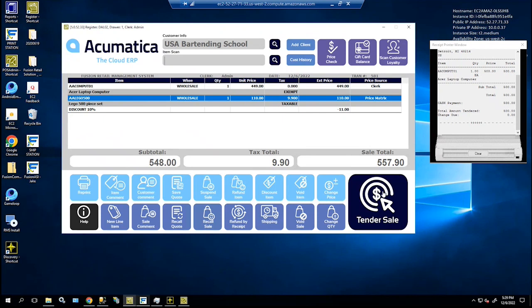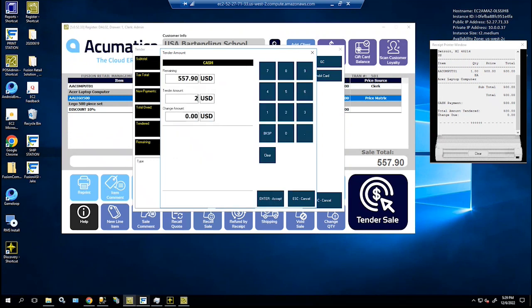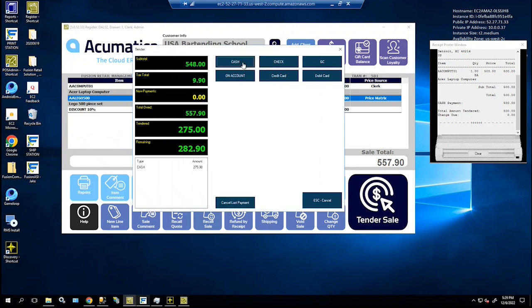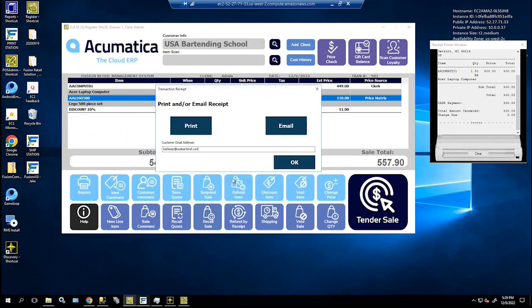Okay, so in this case, I'll go to tender this out. And on this one, you can handle multiple payment types on each transaction. So let's just say USA Bartending School gives us $275 in cash. And again, just to keep it simple, I'll say they're going to just give me a check for the balance. I could keep going. I could have taken a cash, a check, a gift card, and put the balance on account